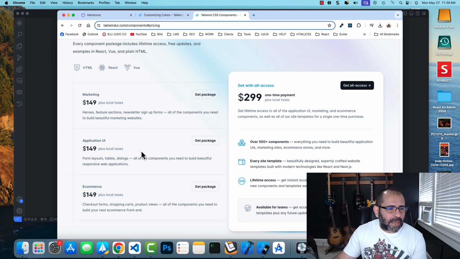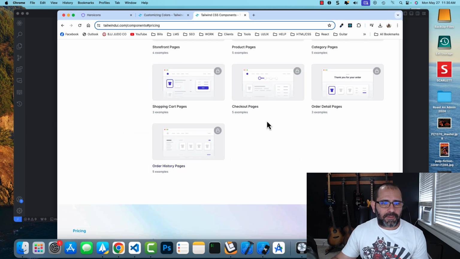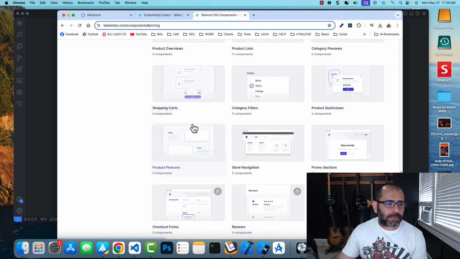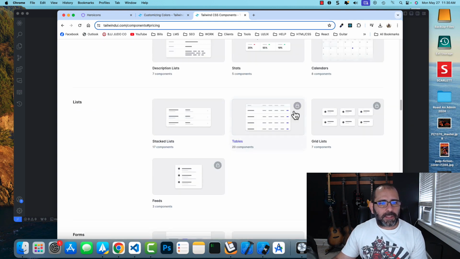That's how you get this stuff. I ended up getting this package right here, the application UI. I guess eventually I'll get them all, because there are extra components in these other places. Or you can just get the whole entire thing for $2.99. It saves you money, but it's a big chunk of money at once. Now, what you get with this stuff is, say for example, you want to see,